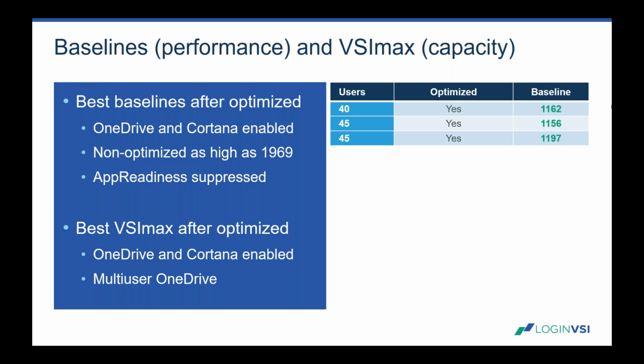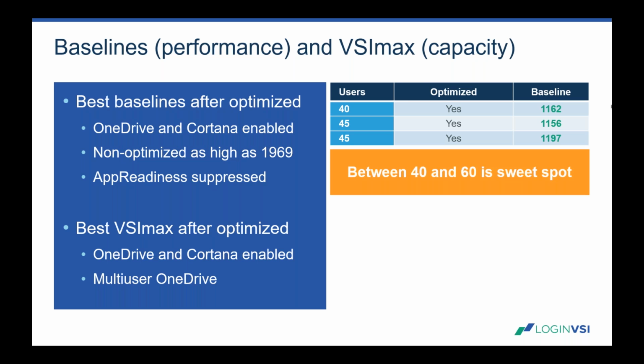So Microsoft has definitely been doing things to optimize their images also. So, interesting thing to find. Now, when we did look at the system and did test it, we found our sweet spot, basically when is performance good versus when is performance starting to taper off. And that range was between 40 and 60. So doing multiple tests, we found that 40 sessions to 60 sessions was about the place where we wanted to